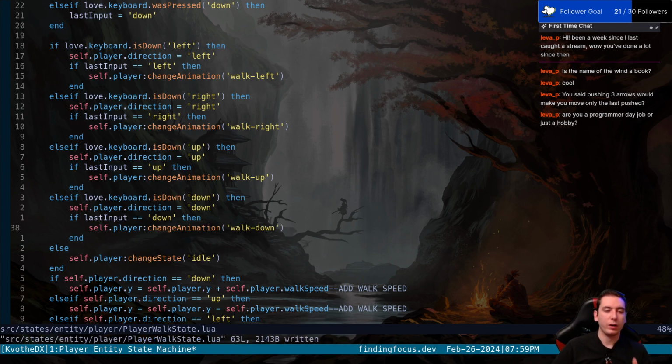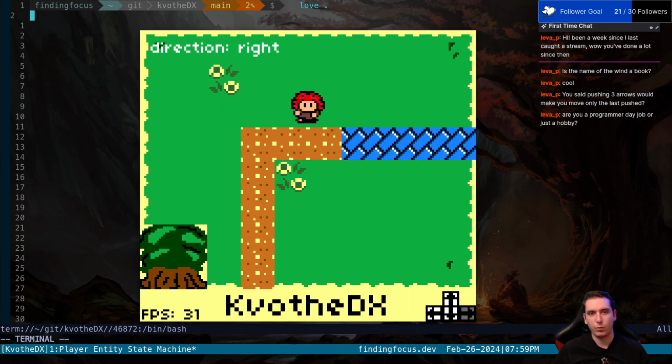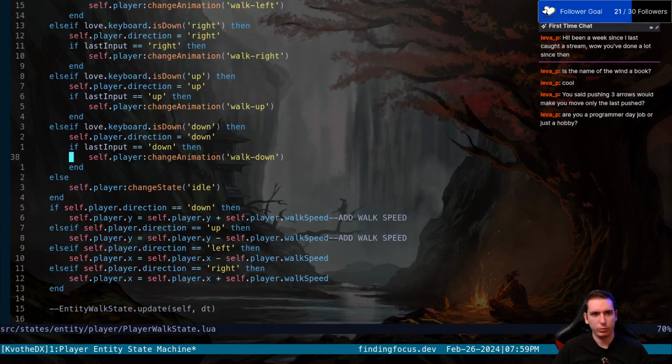Okay, so we're only changing our animation if our last input corresponds to that animation. So when we're walking, see, that's not right. Okay, not right. Okay, totally wrong. And here's the weird thing, is we don't want to update our X and Y position based on our direction. We want to do it,